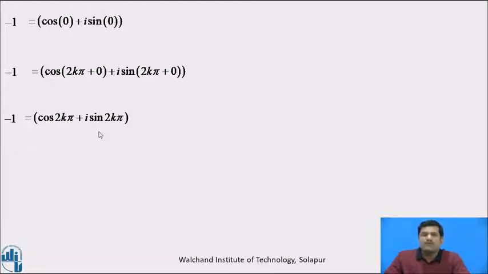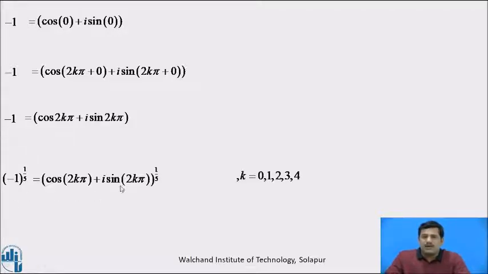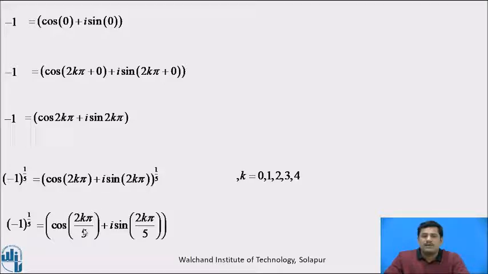Now the value of k depends upon which root we are going to find. Here we want to find the fifth root. That's why, taking the fifth root on both sides, we get this equation. As we are taking the fifth root, the values for k will start from 0 and end at 4. Now, applying de Moivre's theorem here, that is taking this 1 by 5 as a coefficient of this angle, we get cos of 2k pi by 5 plus i sin of 2k pi by 5. The 5 roots of this complex number are obtained by putting k equal to 0 to 4 in this right hand side.